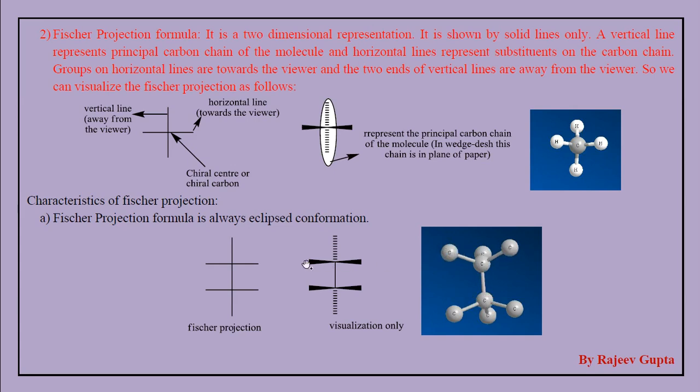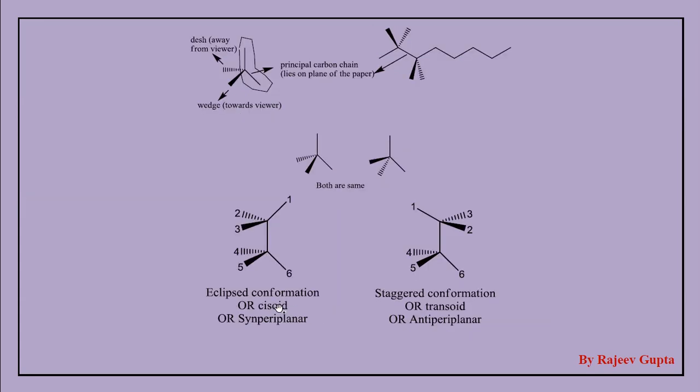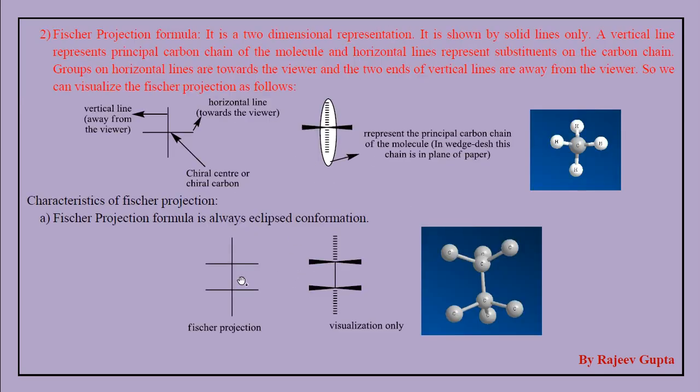This carbon and this carbon are both wedge carbons, and these two dash carbons are the backside carbons, which are away from the viewer. You can easily visualize this structure. If you flip this structure by 180 degrees in this direction, suppose this is 1 and this is 6, then 1 and 6 go away from the viewer, 3 and 5 go to the right side, and 2 and 4 remain on the left-hand side.